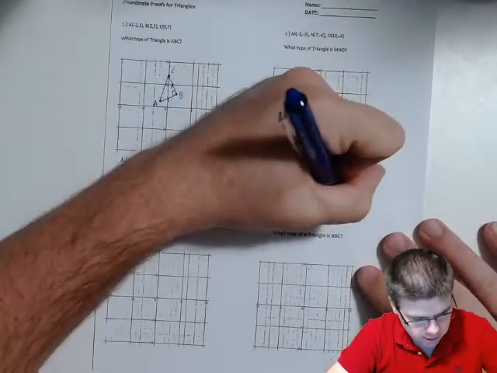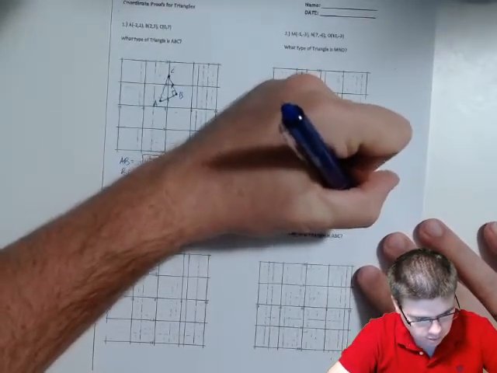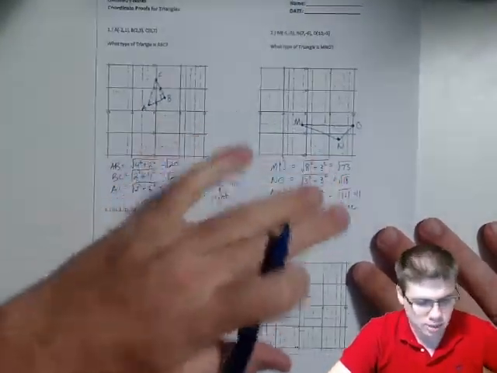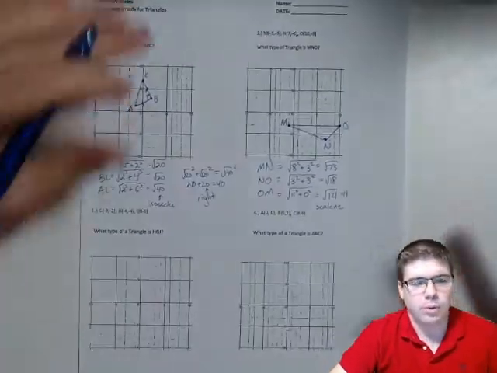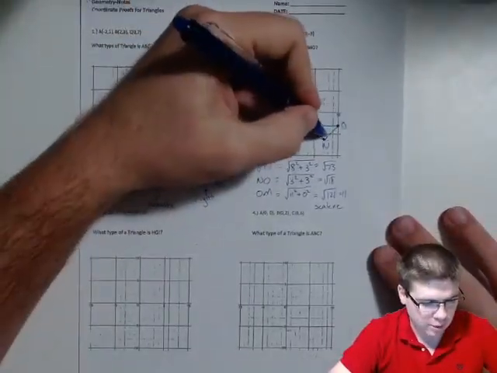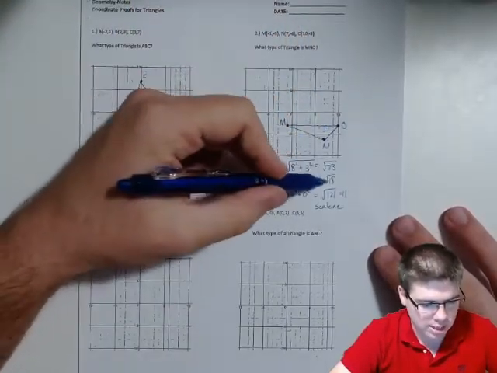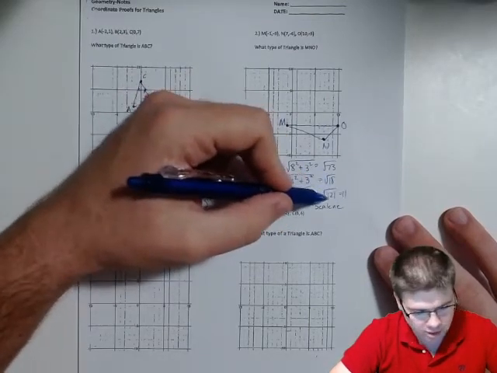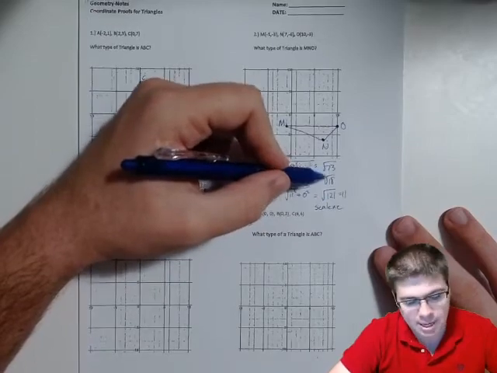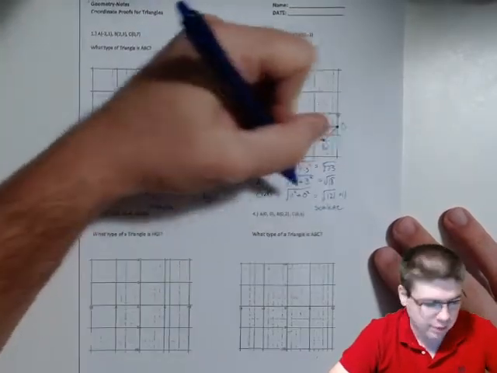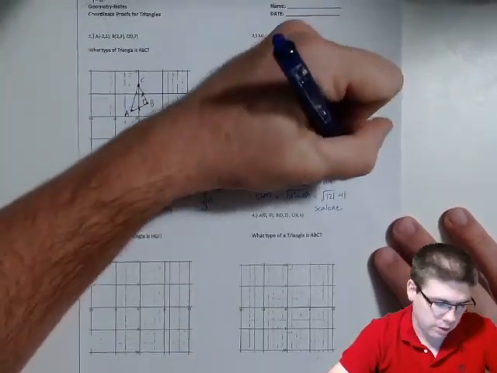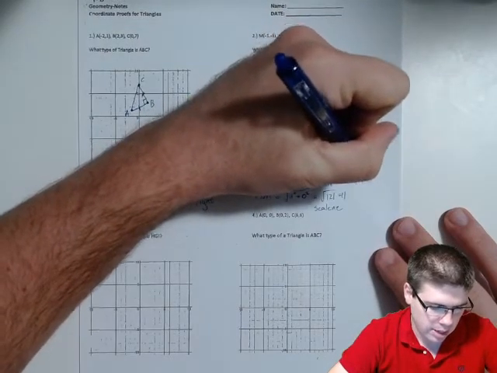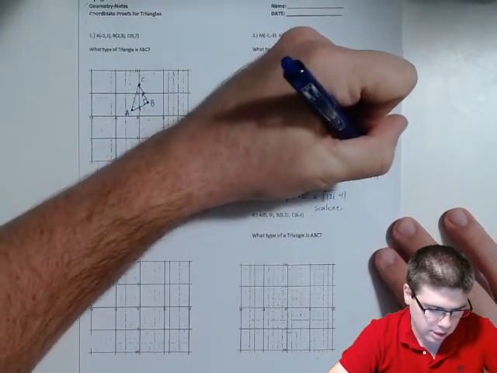All right, so then we go, all right, so what do we got? We have a scalene triangle. Those are all 3 different sides, so 3 different lengths. And so then we're going to go through and check our Pythagorean theorem. Do we have a right angle here? And we're going to use our 2 shorter sides, which, again, don't be confused by that being 11. That actually is, it really is square root of 121, which is the biggest side. It is 11, though. So we're going to do, like square root of 18 squared plus the square root of 73 squared